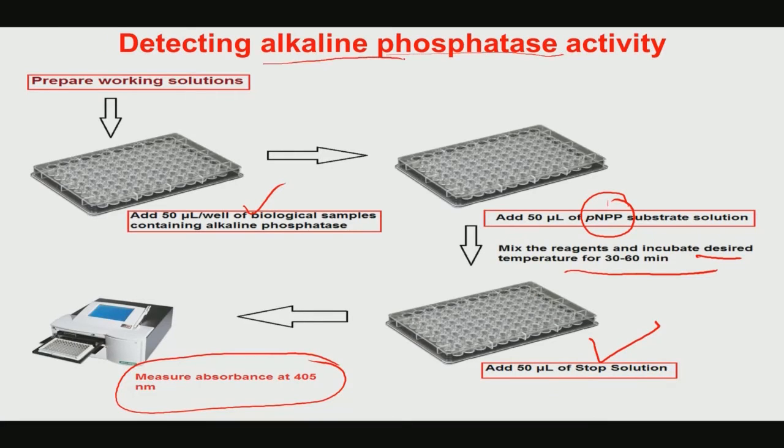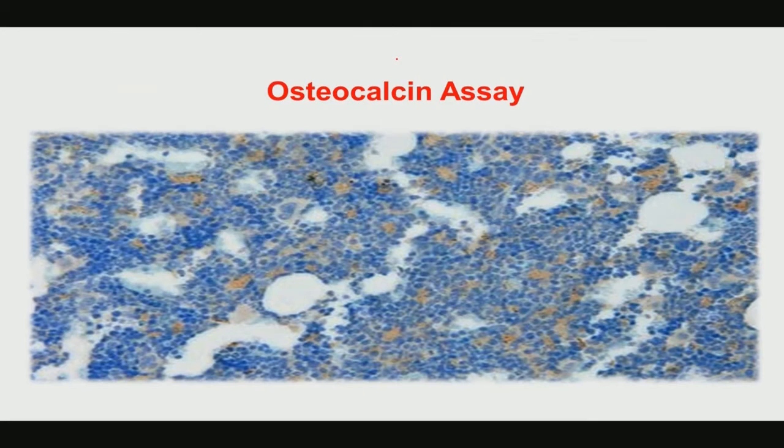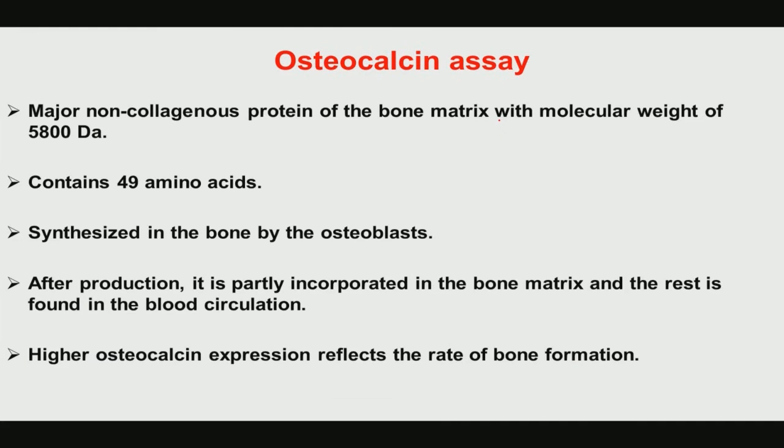So, we will continue the discussion on the differentiation assay. The assay that I finished in the last module is the alkaline phosphatase assay. Now, we will start with the late differentiation marker, that is osteocalcin. This osteocalcin is typically expressed in the later stage of differentiation, and this is just a brief background